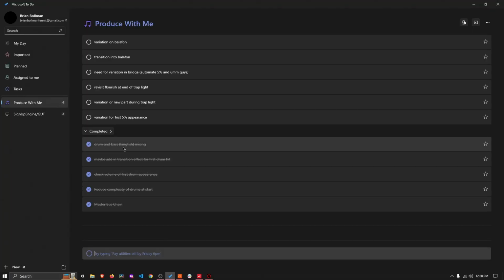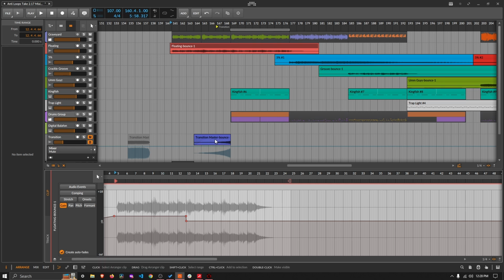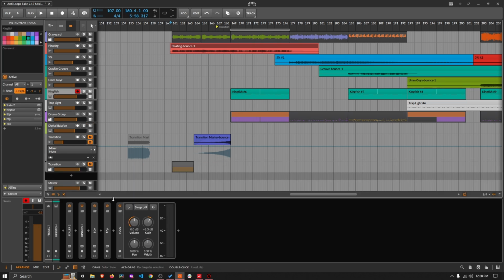Let's look at the drum and bass thing first, and then we'll come back to the transition. The transition is what I've been spending the most time on, and I still don't know if I'm going to use it or not. Okay, so basically what we did is, on this Kingfish, we've added on